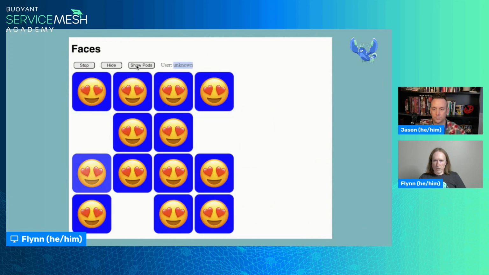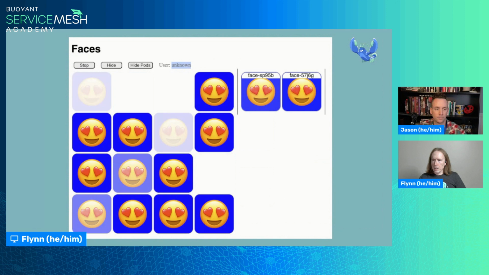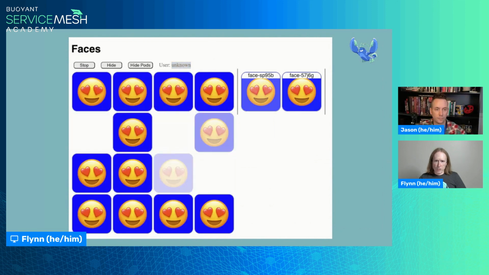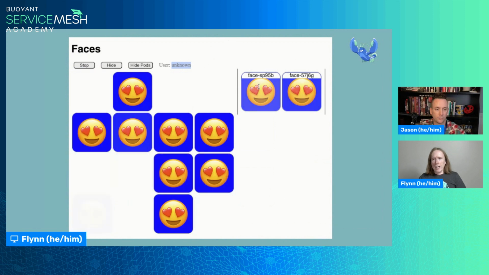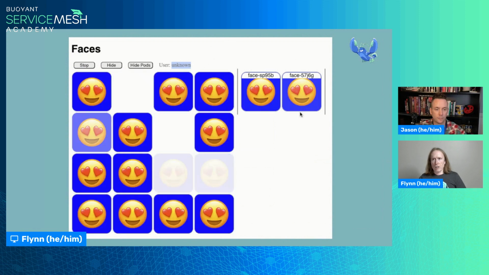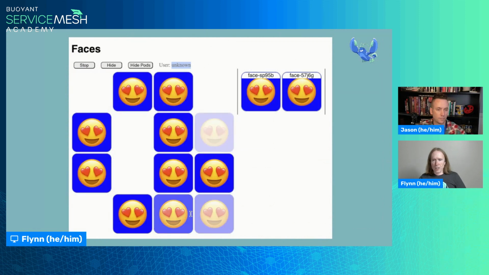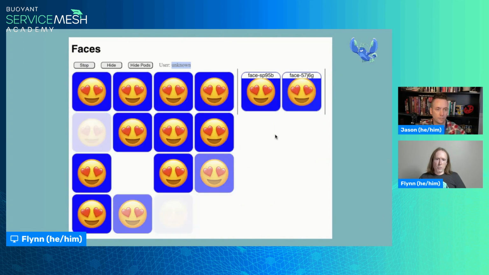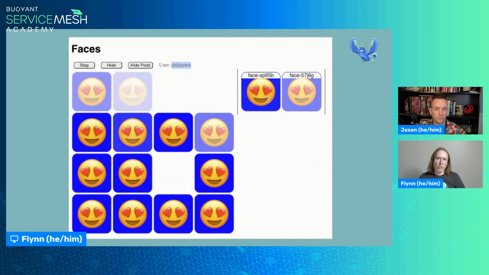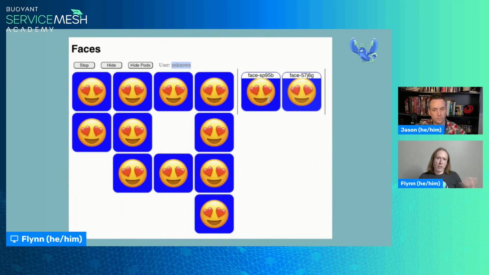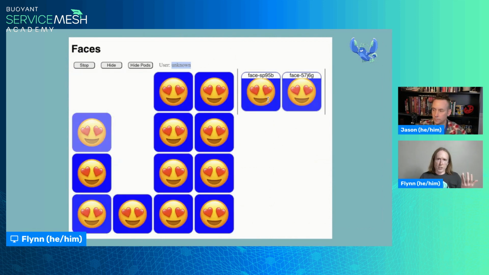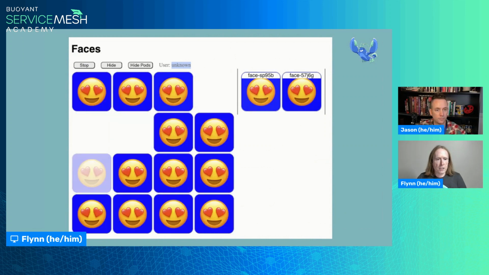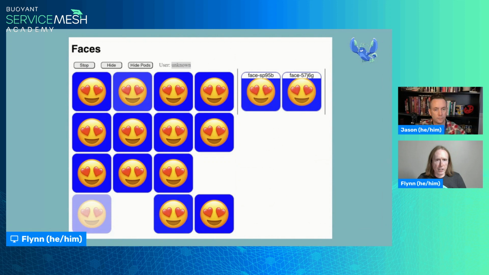Wait, first it would help if I went to the correct browser, wouldn't it? So we're going to come up here and hit the Show Pods button in the actual browser that I'm showing. And now we can see which pods are giving us responses, separately from the grid that shows us what all the responses are. At this moment, we have 2 face deployment pods. They're giving us all the answers, and they're always giving us hard-eyed grinning faces, which is kind of nice. So having done that,